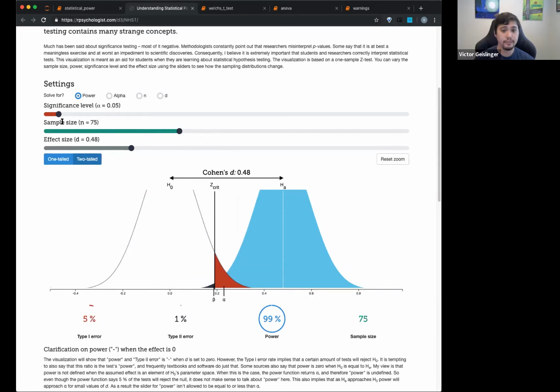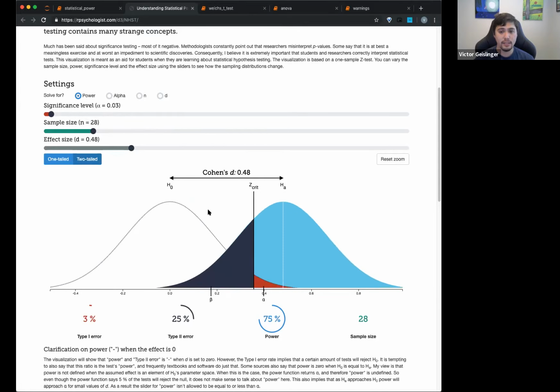okay? And then of course, if I increase my alpha, this is basically saying how many false positives we allow ourselves. If we allow say 13% false positives, then obviously we're never going to get any type 2 errors because we're capturing all those false positives. But of course, if we decrease our alpha to be smaller, we get more of these false negatives in here, okay? And then kind of going from here, you can see I have a very high false